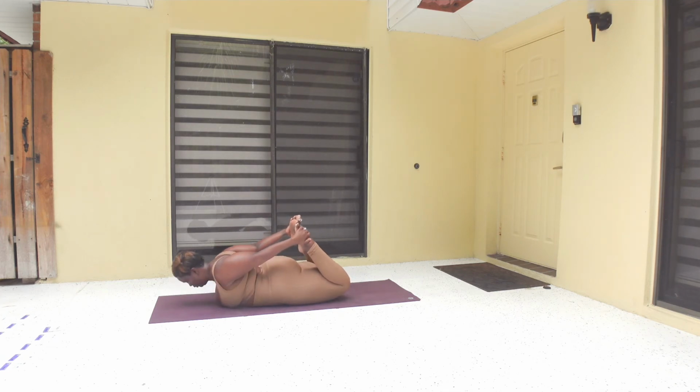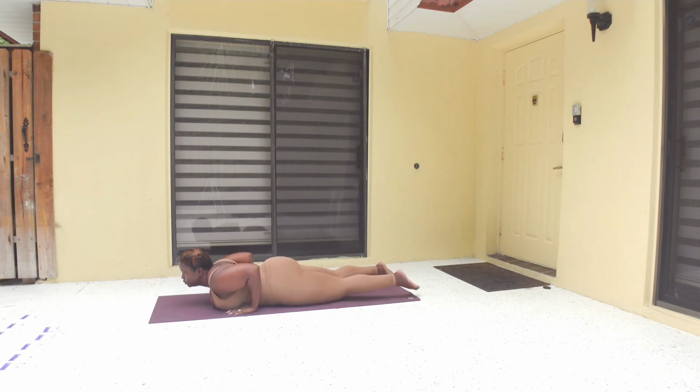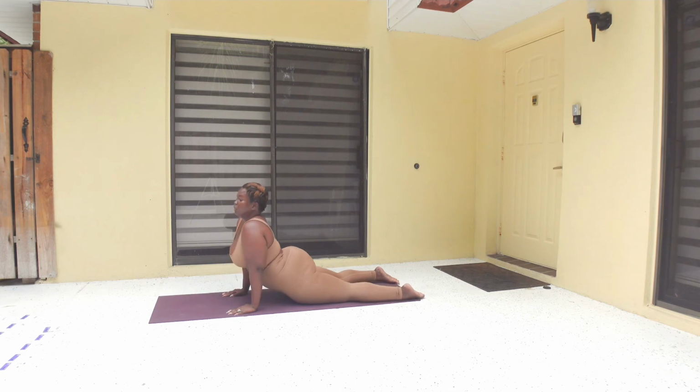Release and come back to bow. So to lift your chest up, slightly kick back and release. Good job. While laying on your stomach, place your palms flat on the floor, slight bend in your